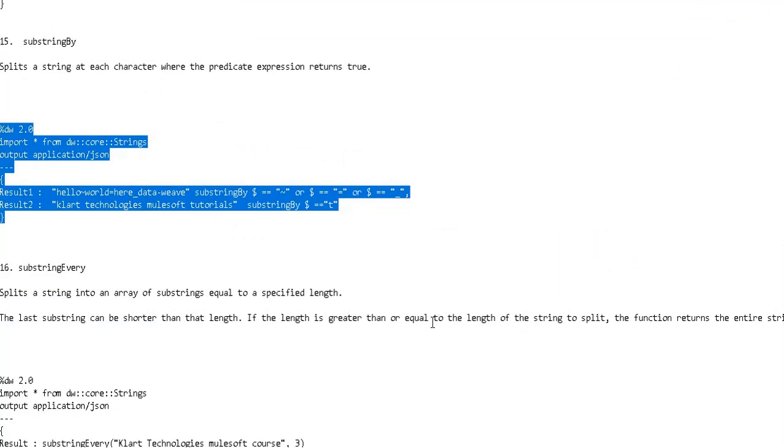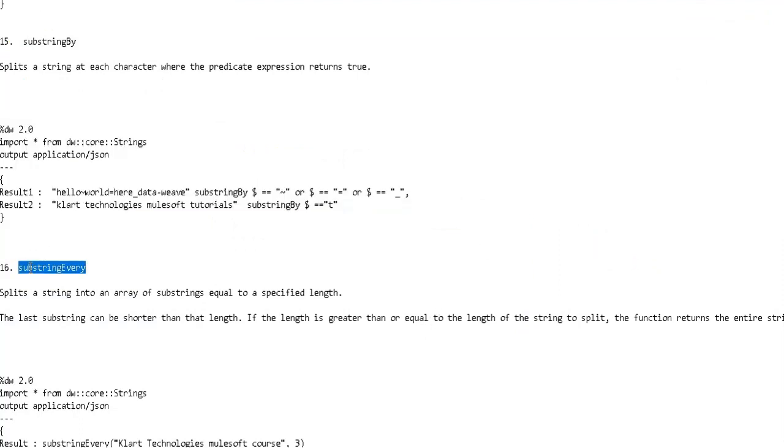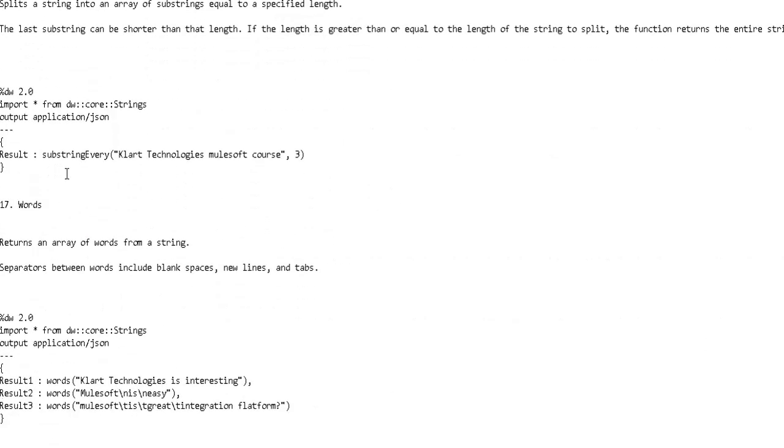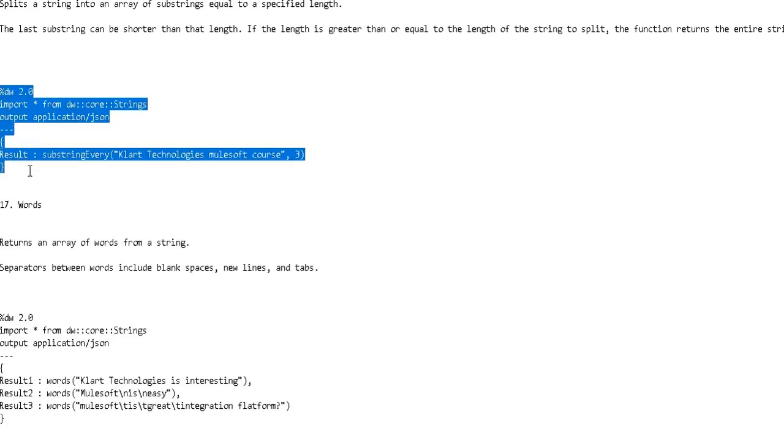We have two more new functions here, and the next one is substringEvery. It will actually split the characters based on the number of letters, the count which we are going to give here.